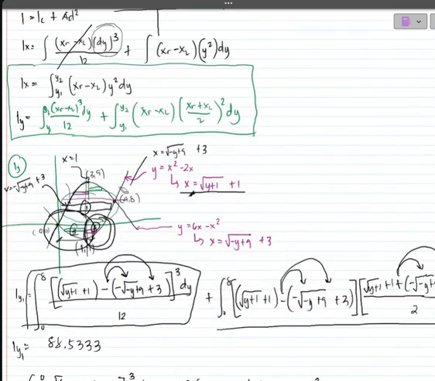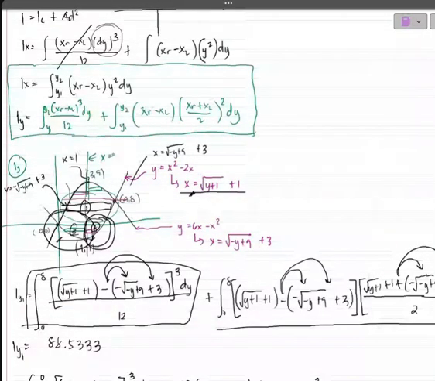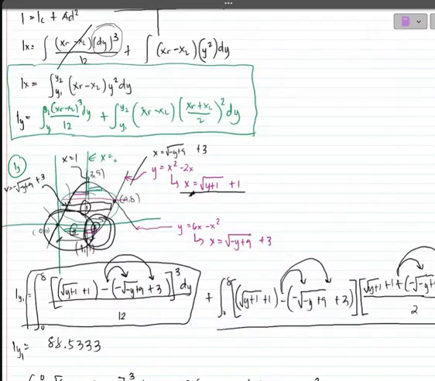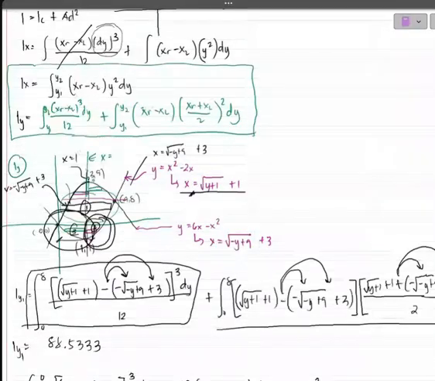This line, this one, x equals, so our x coordinate is 3. So this is x equals